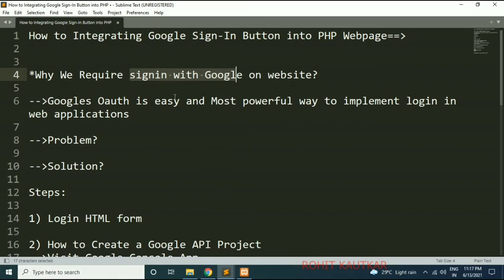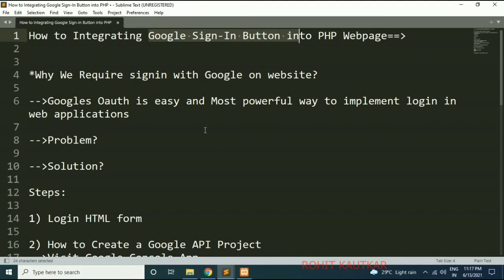So providing or integrating Google's sign in button within your web page or web application is the solution. You can also integrate the sign in buttons from other popular websites like Facebook, Twitter, etc.